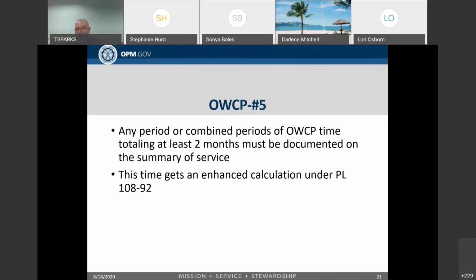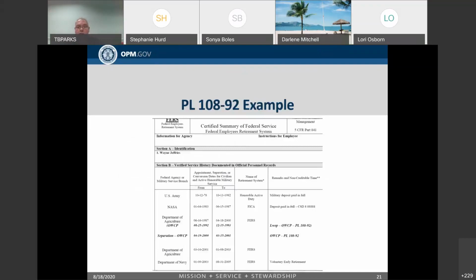I would assume you probably have all had that already, but Public Law 108-92 does spell that out, that because they didn't get to contribute to those other places because they were on leave without pay because of workers' compensation, OPM will give them an enhanced calculation for that time. And our next slide here shows an example of what that looks like, what you should be putting on the summary of federal service whenever you send that to us. If you'll notice here, it will show that leave without pay due to OWCP because of Public Law 108-92. Okay, so